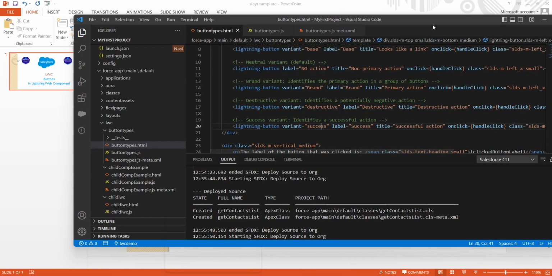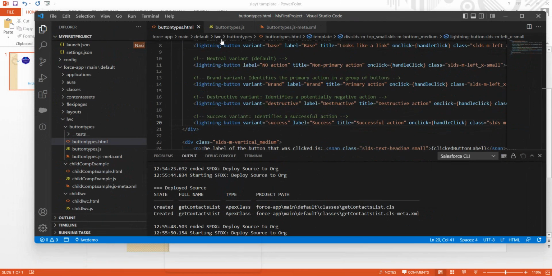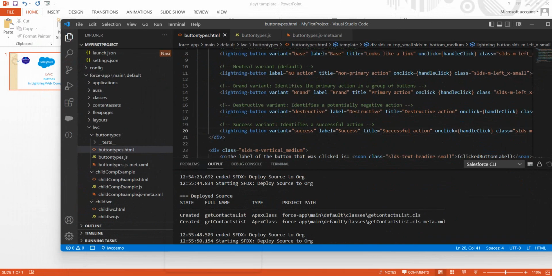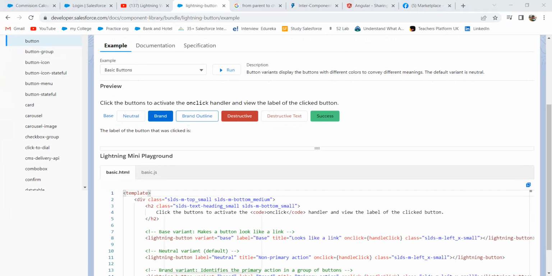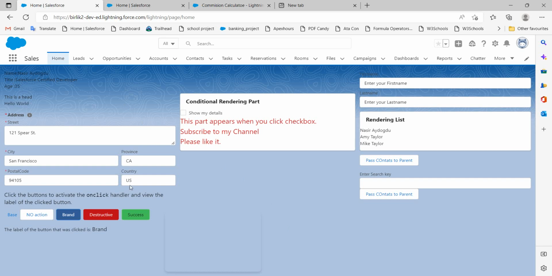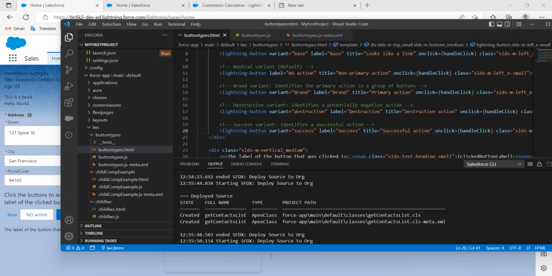So we can go to our VS Code and then what I have created, something like this. Click the button to activate on the click handler and view the label of click. When you click, no action will come. No brand, destructive, success, space. So it depends on your click. When you click, then you will handle a change. So how to do this is that,